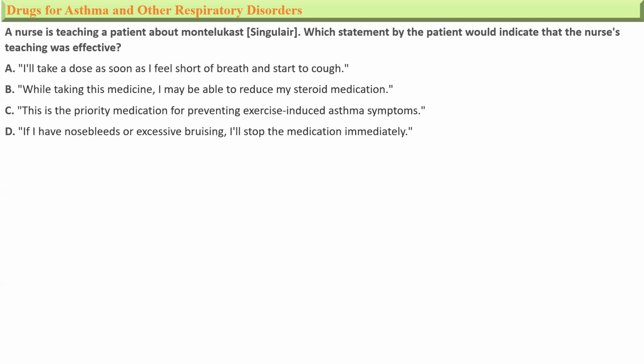Usually Montelukast is given as an adjunct to inhaled corticosteroid to help prevent inflammation. Some patients report mood changes when taking this drug, so parents should be warned of the mood changes as a side effect if it is given